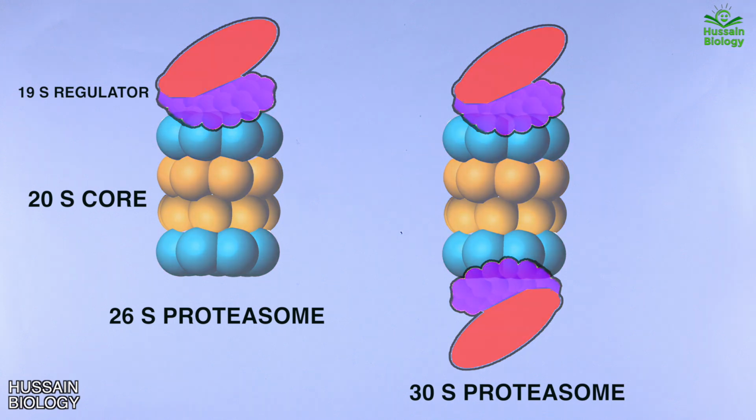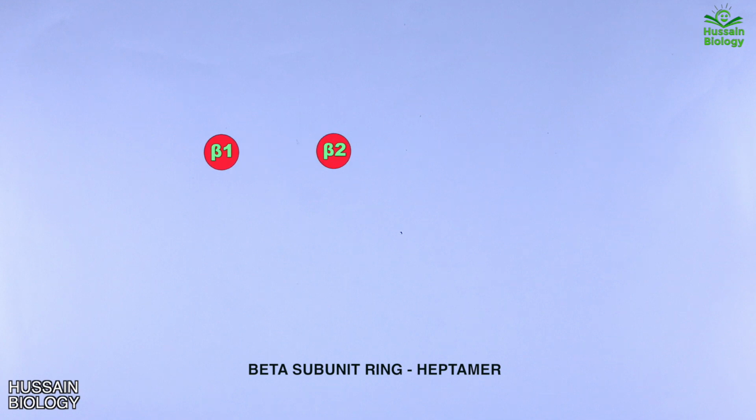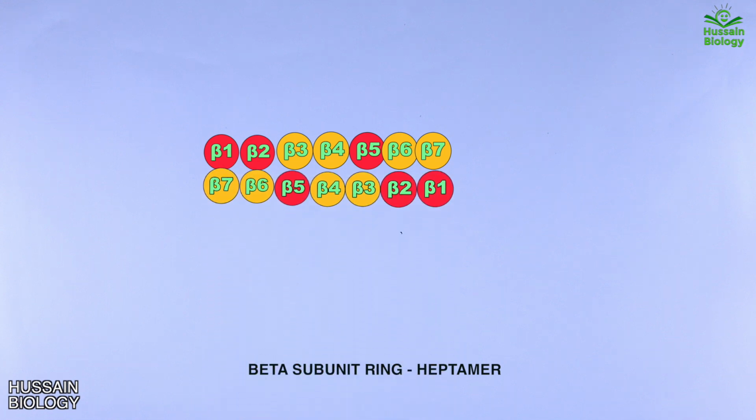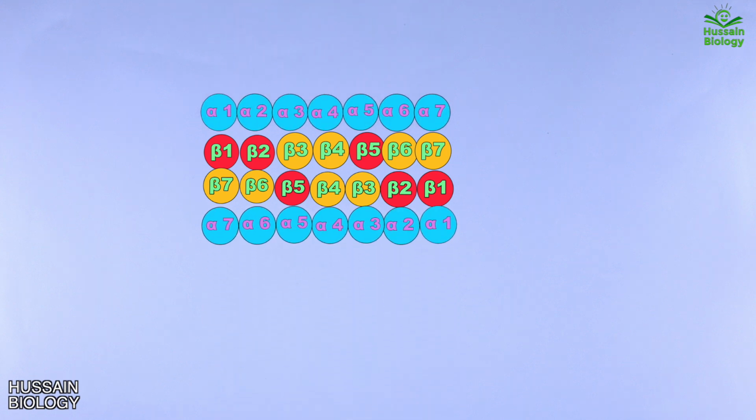Now let's see what is the molecular organization of proteasome in planar structure. First, we have the beta subunit ring, having heptameric units as beta 1, beta 2, beta 3, beta 4, beta 5, beta 6 and beta 7. And then another beta subunit ring stacks with it, which has heptameric units in the opposite direction as shown in the animation. Furthermore, two alpha subunit rings bind on both the sides of beta rings as shown in the diagram. This makes the central core particle having the two alpha and two beta rings.